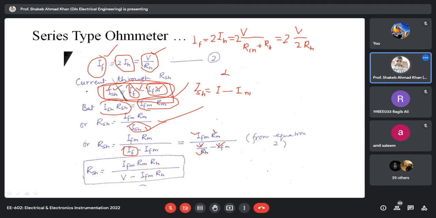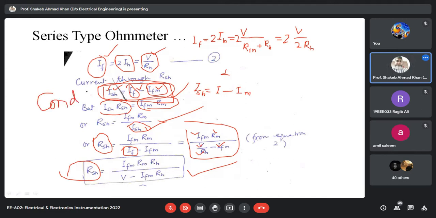So now we know the relation, the formula to calculate RSH in terms of the specific parameters. Now we further simplified it, and then we are able to get this. So this is the formula for RSH. This RSH will ensure this condition. This is the design condition